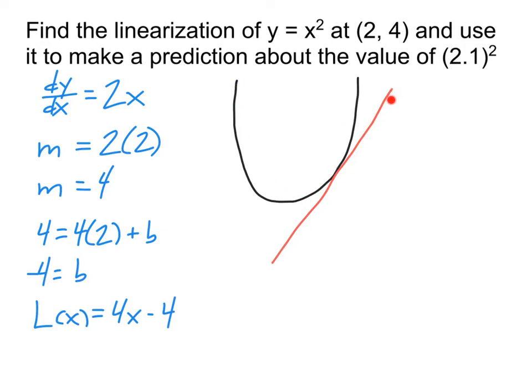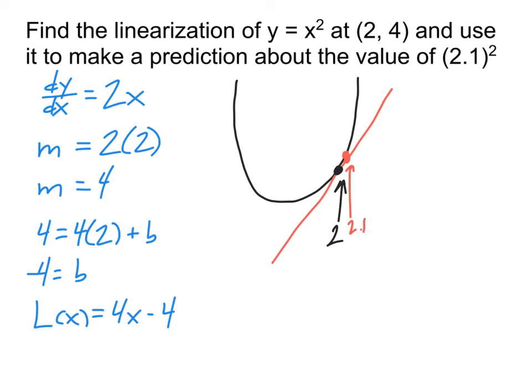linearization, our tangent line. And so what we're being asked is, if we know that this point right here is at 2, 4, we want to estimate what is the value right here, just a little bit above it. And we're going to estimate that by finding the value that's actually on the tangent line. So if this x value here is at 2, the x value here is actually just at 2.1, which might